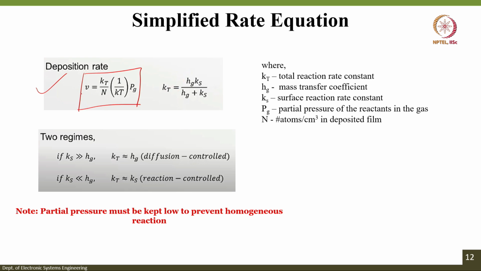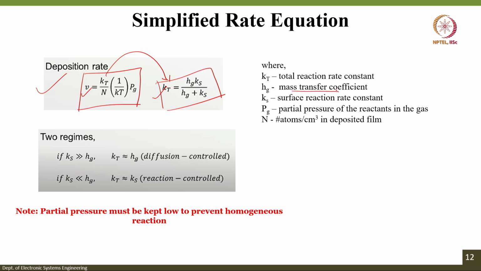V is given by the deposition rate, where Kt actually refers to the total reaction rate constant, and Kt, the total reaction rate, would be given by Hg into Ks divided by Hg plus Ks, where Hg is a mass transfer